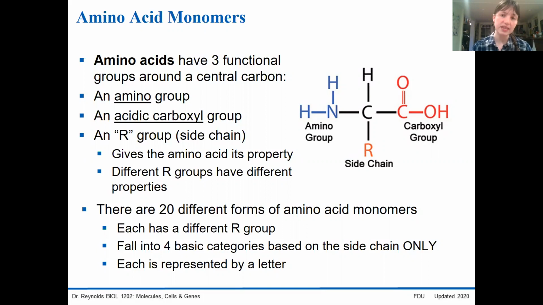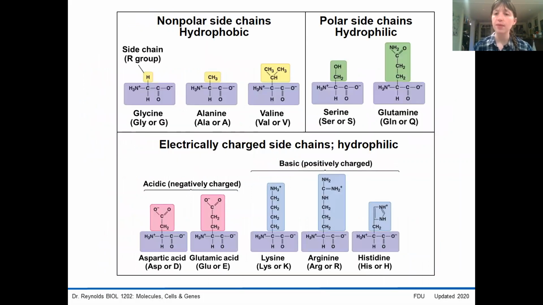There are 20 different amino acids. Each has the amino group, central carbon, and carboxyl group. The only difference between them is going to be that side chain. And these side chains provide properties including becoming hydrophobic, hydrophilic, or even acidic or basic. In order for you to determine which one of these amino acids you're dealing with, you need to know